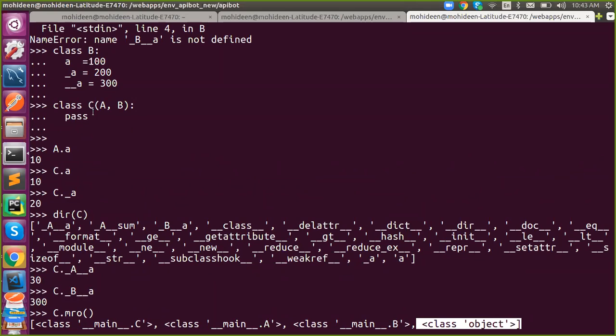So if you have a method like def sum in C, B, A, and all, which one takes priority? So you all know, this is from right to left. According to that, first you will consider C. If C doesn't contain it, it will move on to A. If A doesn't contain it, it will move on to B. So that is the order. Got it?